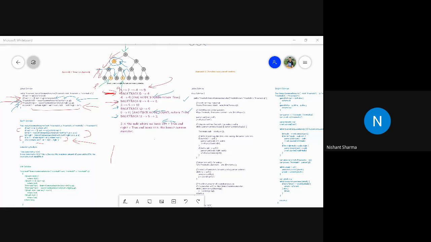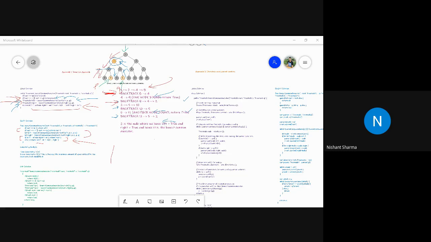Any doubt here? So what should be our algorithm here? We will start from the root node. We will traverse the tree, and until we find P and Q both, we will keep storing the parent pointers in our dictionary. Suppose when we traverse the root node, the parent will be null. When we traverse root left and root right, the parent will be the root node itself. Then again for the root left, there will be two children, root left dot left and root left dot right. What will be the parent for them? Root dot left. Okay. So that should be the logic to create a dictionary until we find P and Q both.